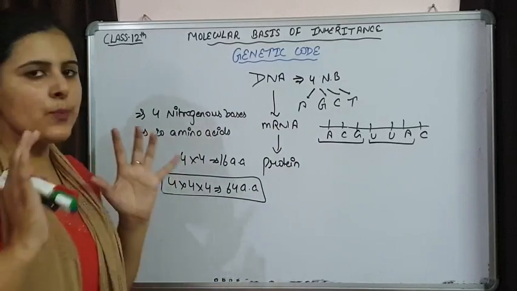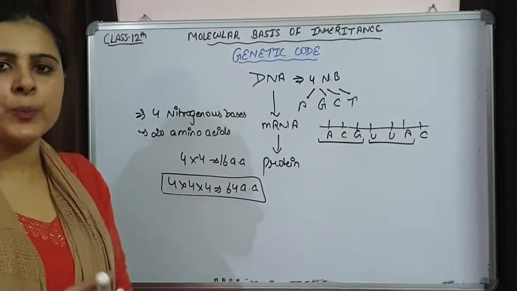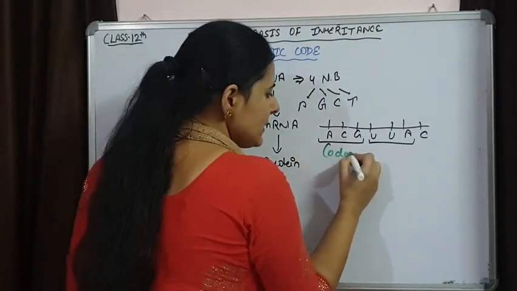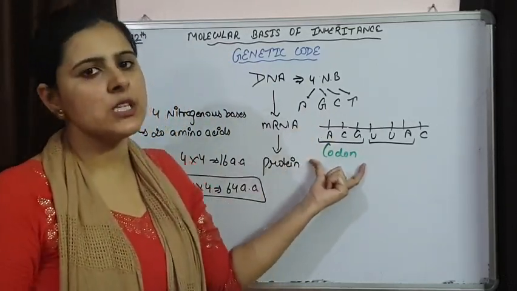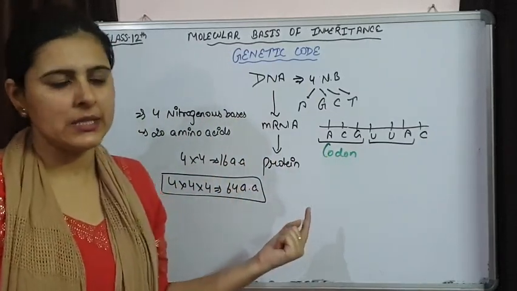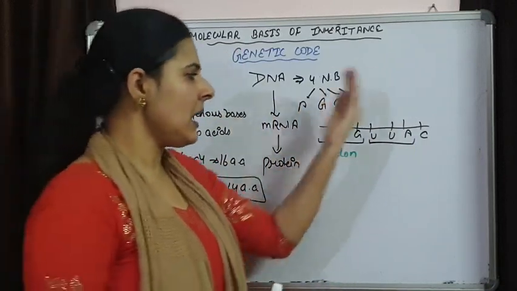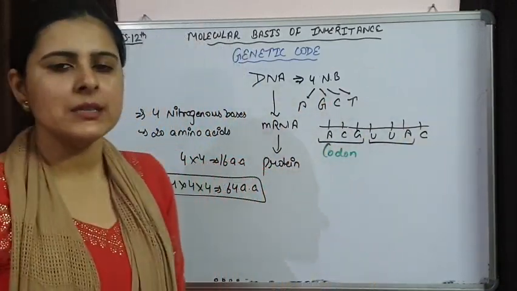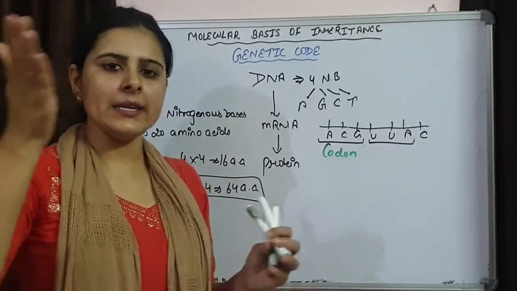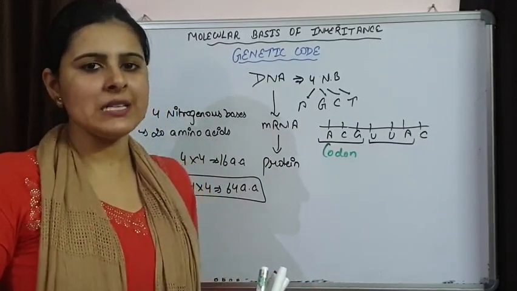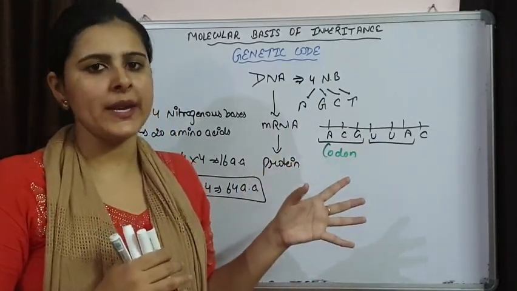That means it is possible that a group of 3 nitrogenous bases behaves as a single unit, and this single unit is known as a codon, and this codon is responsible for 1 amino acid. Another codon will code for another amino acid, and another for another amino acid. This is how the sequence in the mRNA will be read. The tRNA is going to come, bring the amino acid for this specific codon, and it is going to be attached to the growing polypeptide chain.